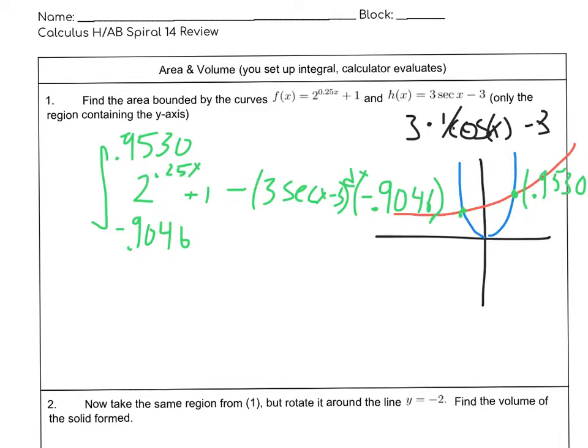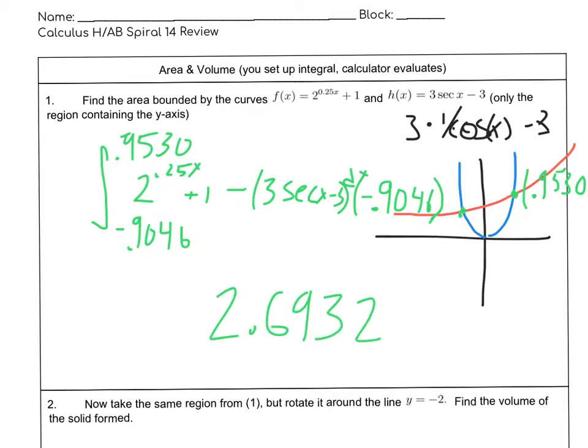So then when I go to fn int, and again that's negative 0.9046 to 0.9530, 2 to the 0.25x, and then plus 1, and then minus, and again I've got to do this as 3 times 1 divided by cosine of x, and then minus 3. I put that in parentheses, and then dx. I'm going to press enter. It might take a second. I get